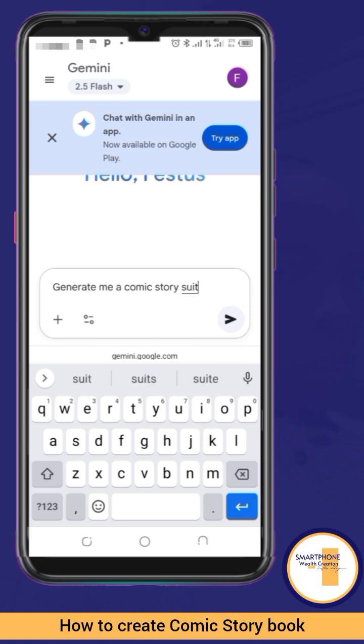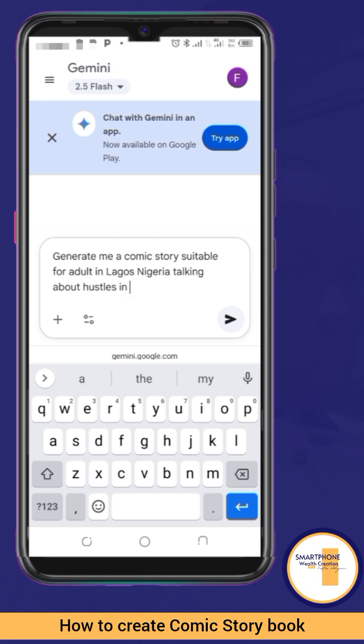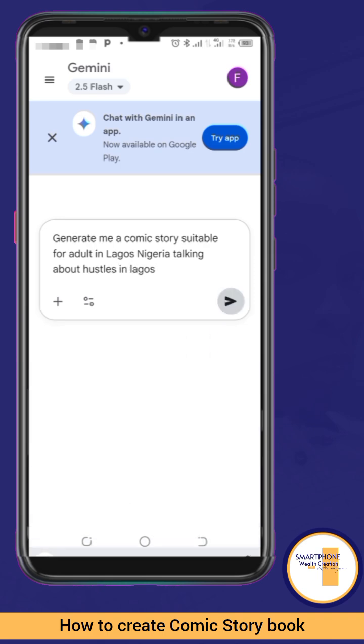Let's say suitable, whatever way you want it, for adults in Lagos, Nigeria, talking about hustles in Lagos. Let's say, for instance,